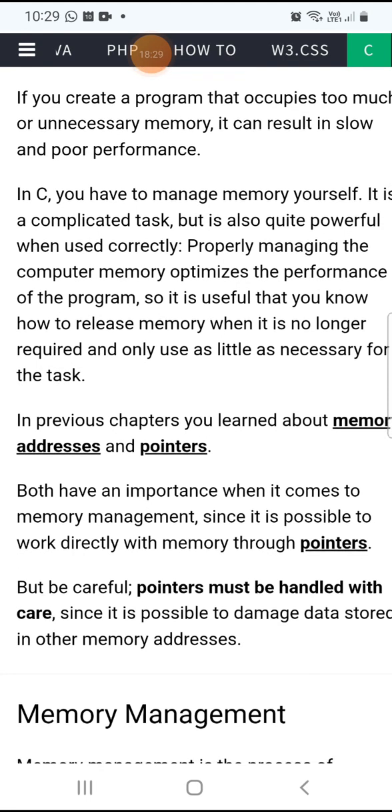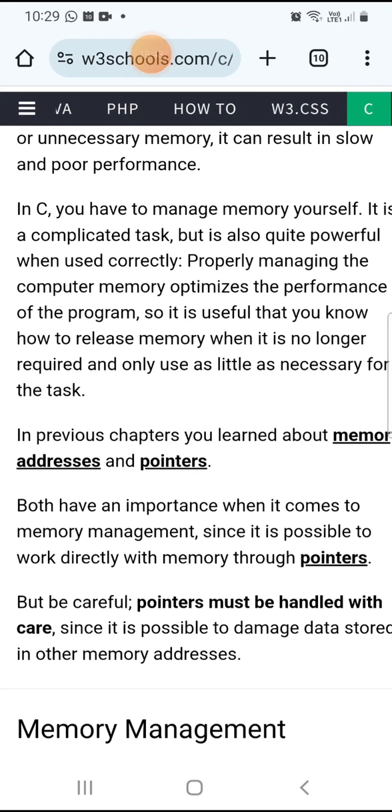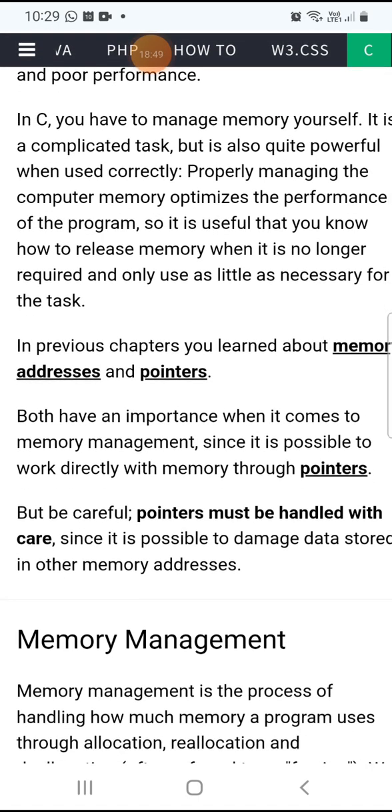So in C language, we can manage the memory ourselves. As a programmer, we need to manage the memory. So it is somewhat complicated task. Okay, so it is also quite